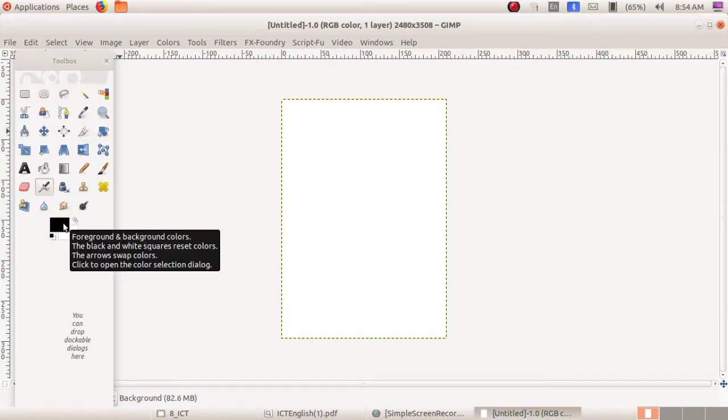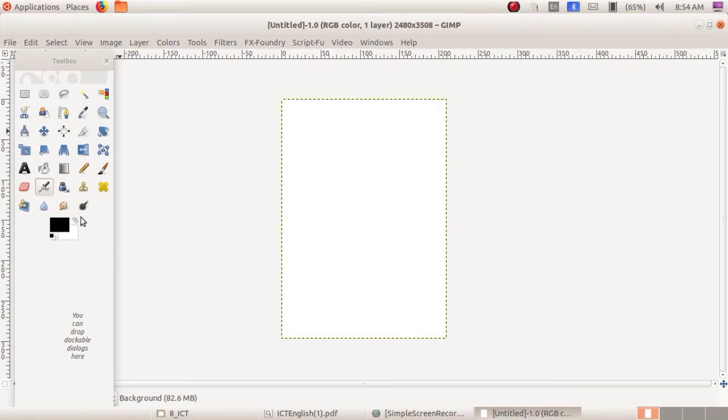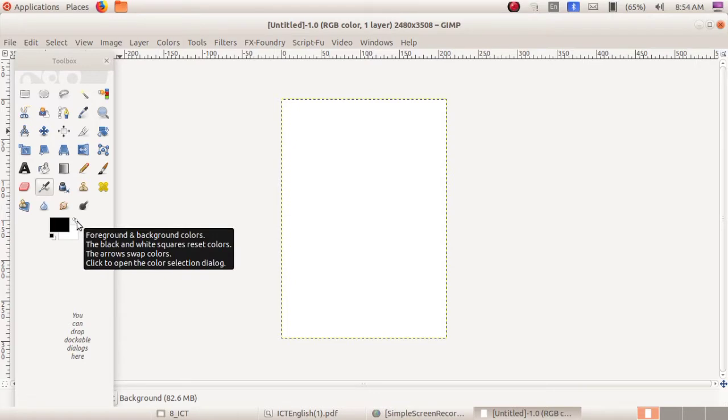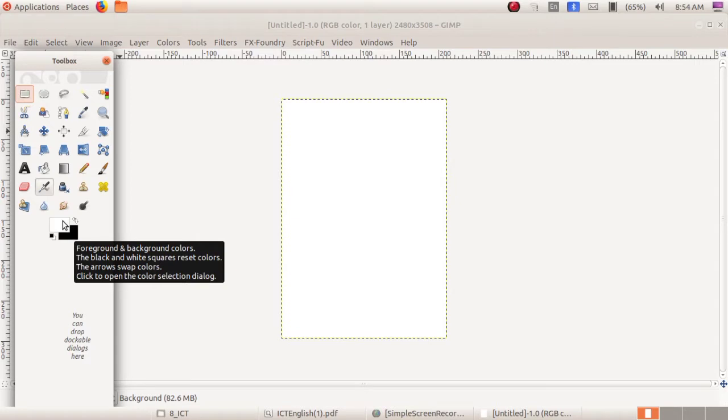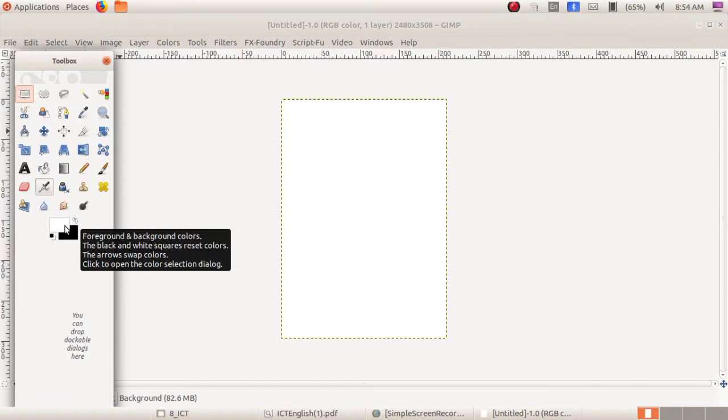This is the foreground and background colors tool. Here you can see black and white. Here you can see an arrow like this. So now I am just clicking on that arrow. You want to observe what is happening there. What happens? Yes, the colors are swapped. At the first time you saw the black color, but now I pressed the arrow, you can see the white color. The colors were exchanged, isn't it? So we can use this arrow to exchange the colors like this.